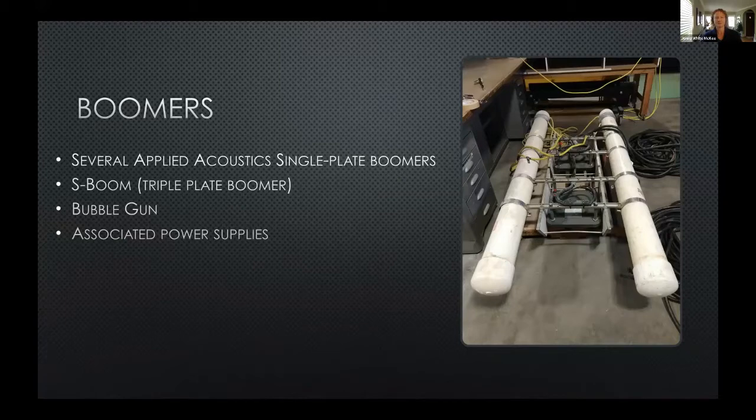But they're spread over the centers. We've got a few. The East Coast has a few, and then St. Pete also has a bubble gun, which I've never used, but it looks like a boomer to me. Maybe you guys are more familiar with it. Maybe it's the FSI equipment. So they've got one of those that they're adding to the inventory, and again, all the stuff to run those.